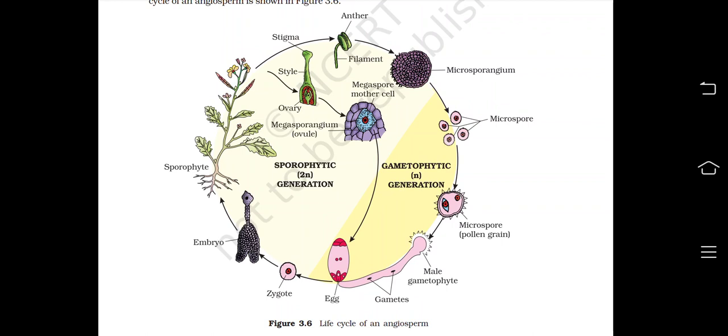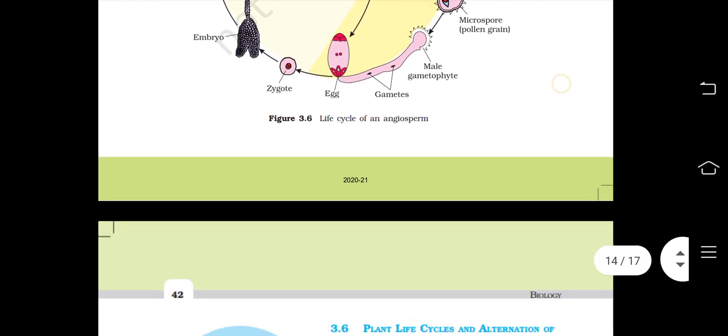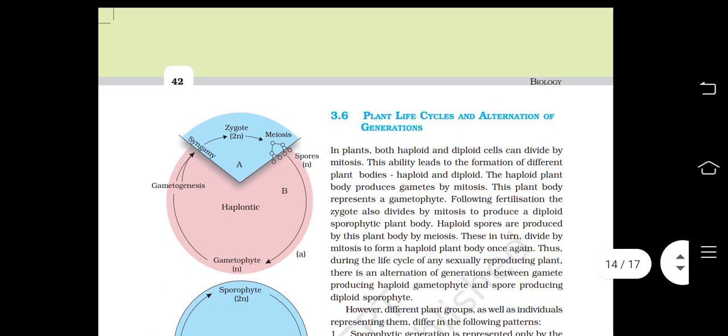The anther forms the microspore and the ovary changes into the ovule or the megasporangium, and then the fusion of gametes occurs in the egg and forms the zygote, which forms into the embryo, and the embryo again forms into the sporophyte. So the gametophytic generation is starting from the microspore and the egg, and ending with the zygote formation. Mostly the life cycle is sporophytic in this condition.